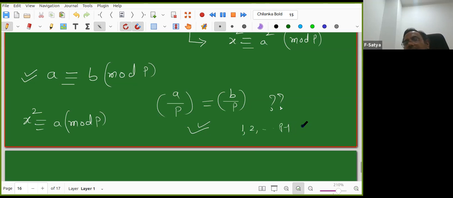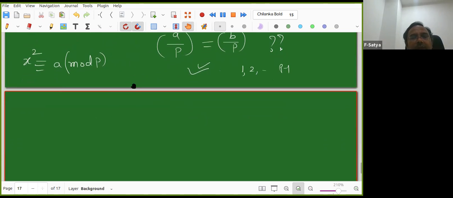If I take another number p, that is 0, so no need to worry. p plus 1 is congruent to 1 mod p. So to find whether a is a quadratic residue modulo p, first I divide it by p, take the remainder, and check only that. Okay, good, nice. So this is done.